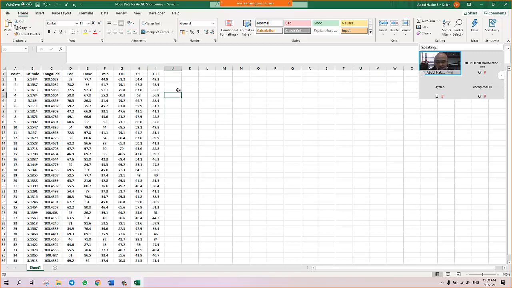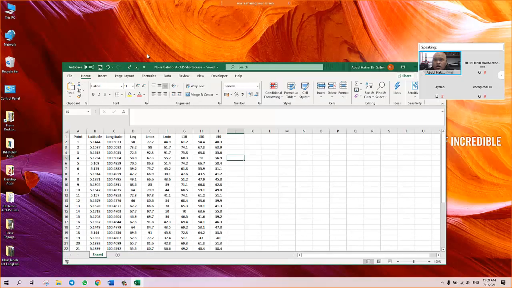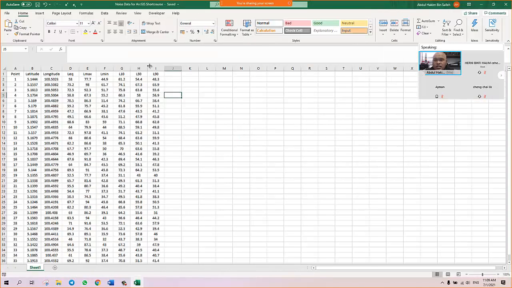Okay, please, if I'm going too fast, please tell me. Okay, once you have prepared and arranged the data like this, next what you need to do is to save this file. Okay, you can either save it like so, just save it, or later if we have trouble uploading this data,